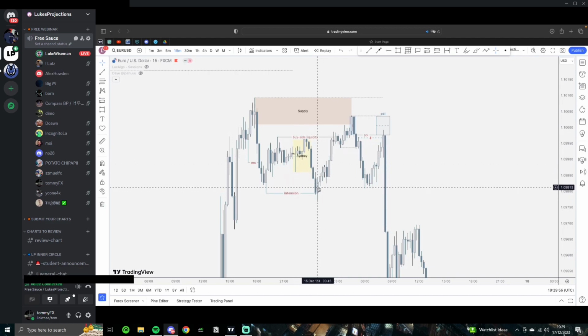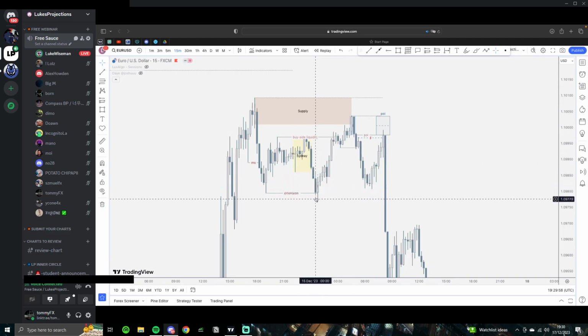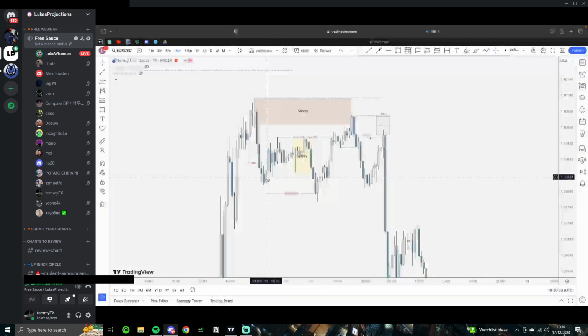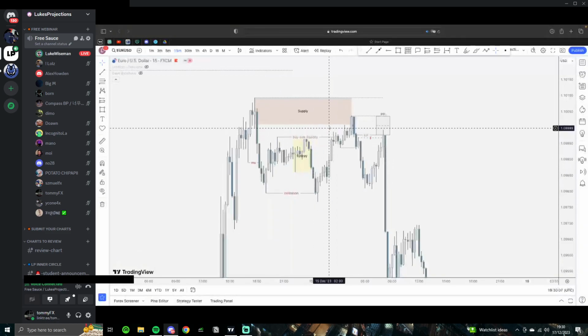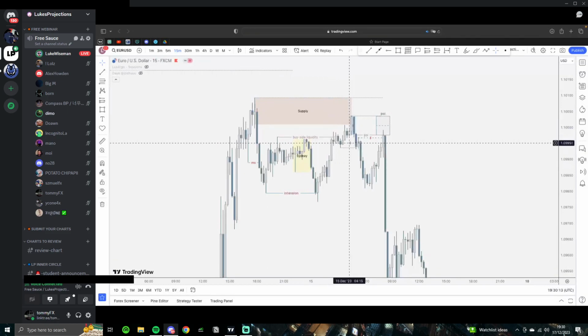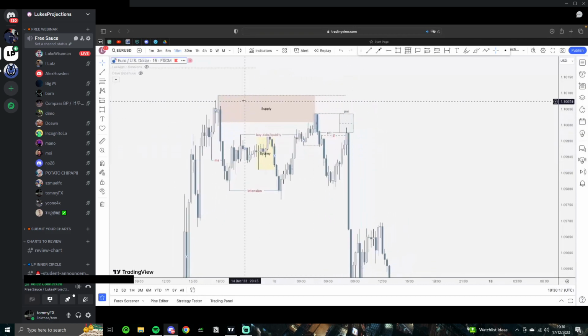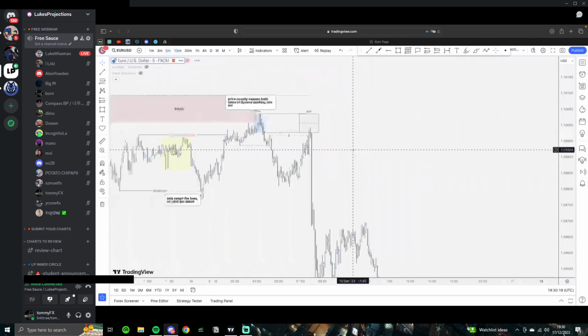As you can see, price tapped into the previous low, raiding the liquidity because this order block had already been mitigated. So price had done that, run up, sweeping the buy side liquidity, pushing into a high time frame POI, and then inside of that POI is when we started to look and drop down the time frames for the exact entry point. If I jump down to the 5 minute,